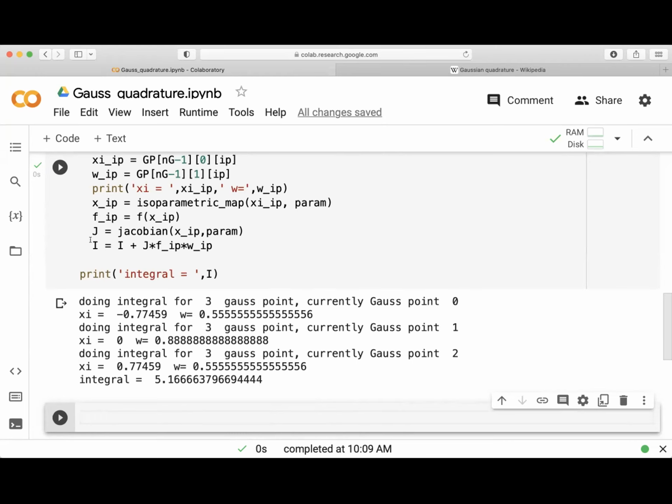I think that's the main thing. And I'll upload this code. There's already some code in the Brightspace. I guess I ended up taking pretty much all of the class. So we're going to have to do the finite element interpolation next week. I'll just give you a little bit of a preview